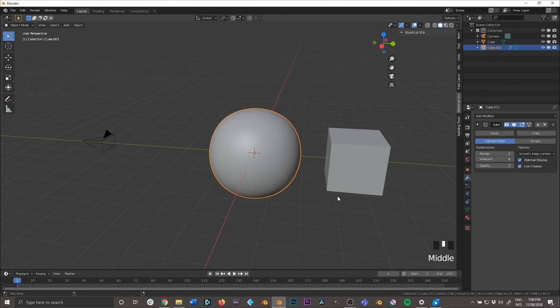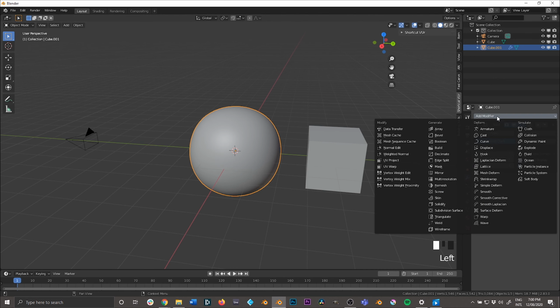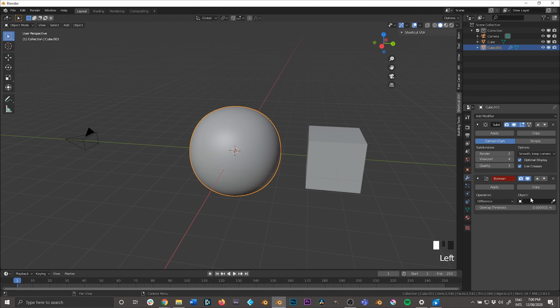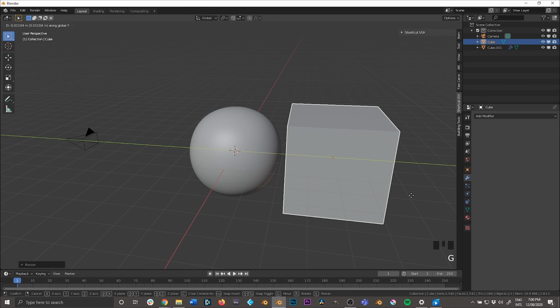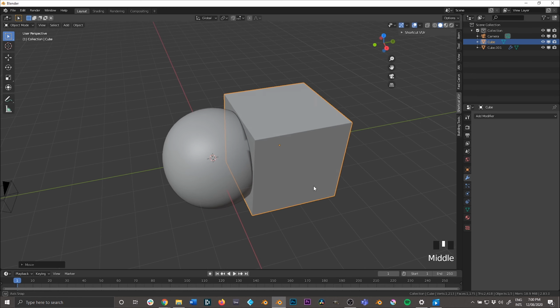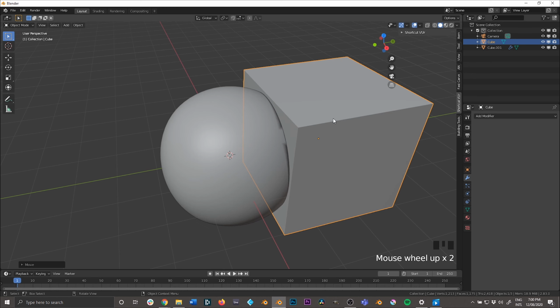Alright, so on this I'm going to add a boolean, and our target object is going to be the cube. Okay, I'm just going to scale this up as well. Put it over here. Alright, so right now this cube is cutting into this circle,